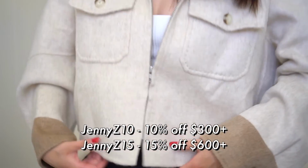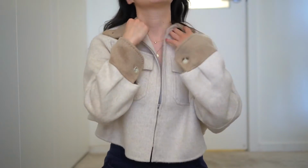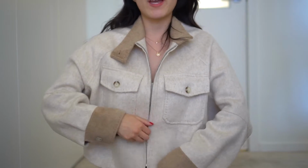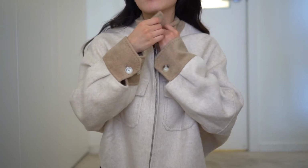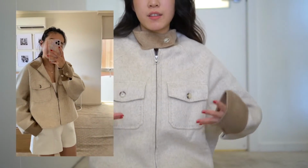So today, I've chosen this shorter coat. It's got such lovely detailing. When it's cold, you can zip it up all the way to the top, and you can even buckle it up here, you know, got to protect the neck. And I think it's just such a great soft slouchy cut that you can wear a really thick woolen sweater